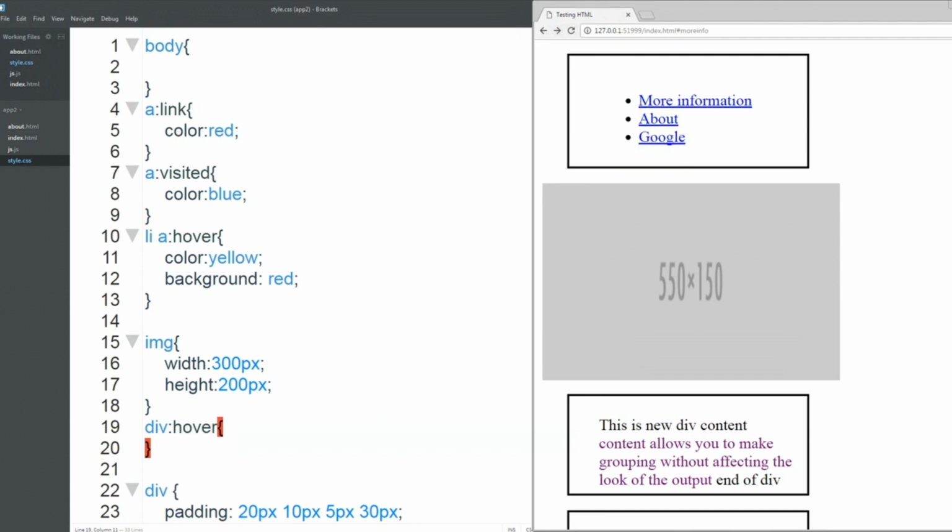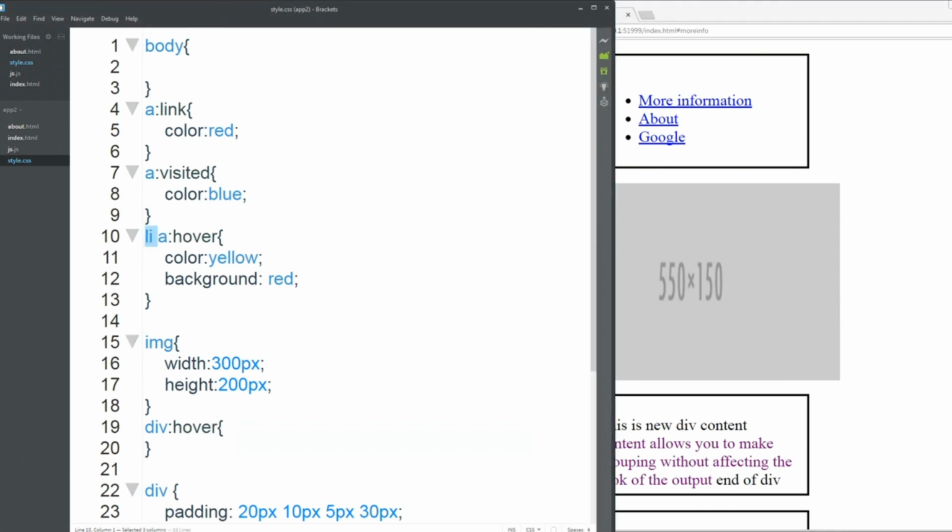So now we're able to nest. We've got a parent, so all the list items, and we've got a second level selection here where we're selecting all the anchor text. So if we've got a list item and we've got anchor text within it, then that styling is going to get applied to it. And that's how we can specify that we want to apply this particular piece of styling. So let's open up our